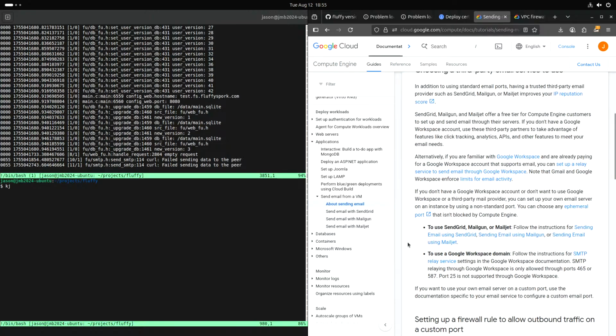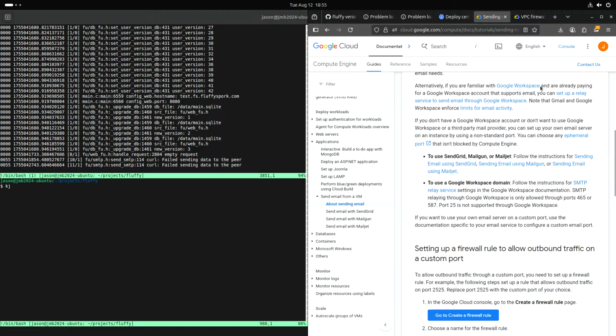Yeah, most of these don't matter, except you can't send out on port 25 unless you somehow get permission. Like you could send it to this machine, but if this machine is,